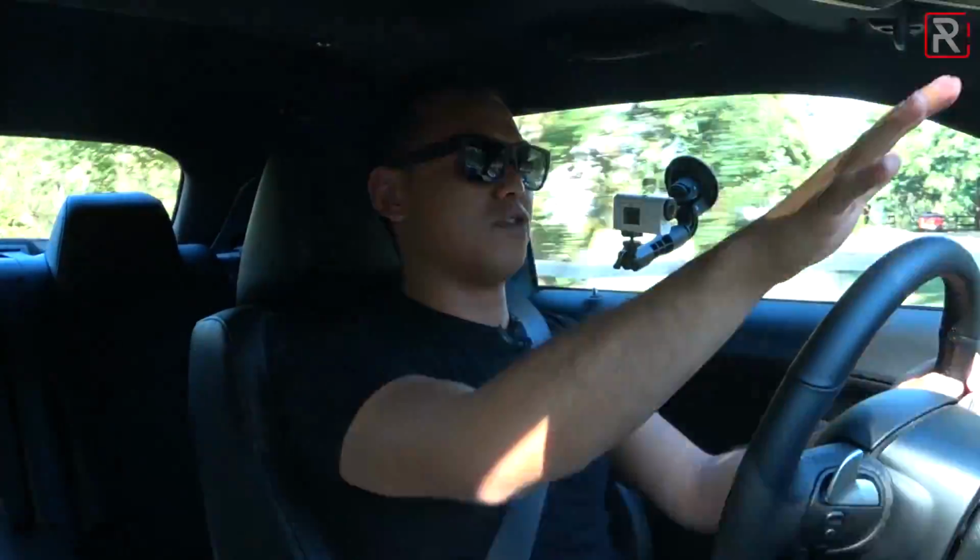And the visibility in here is not the best. I mean, you have to deal with this super long hood and these puny, pathetic little side mirrors. But thankfully, this car has blind spot monitoring with rear cross-traffic alert. That's the only safety tech it has. My tester is missing all the other stuff that gives you the full driver assistance with the adaptive cruise, the automatic braking. But I'm actually really surprised. This car is getting ready to be replaced, but